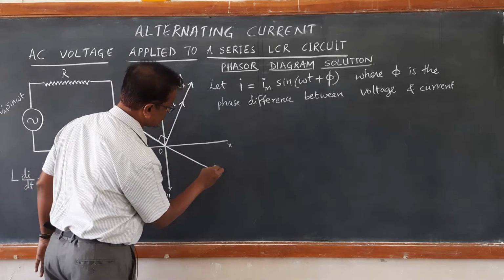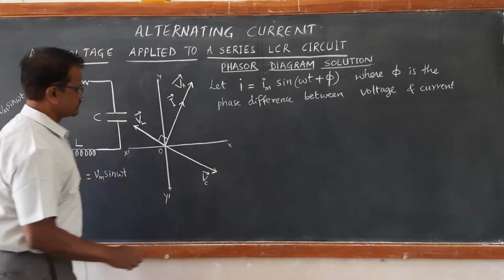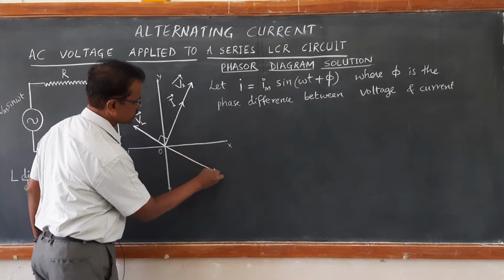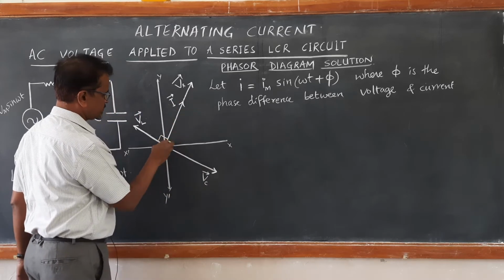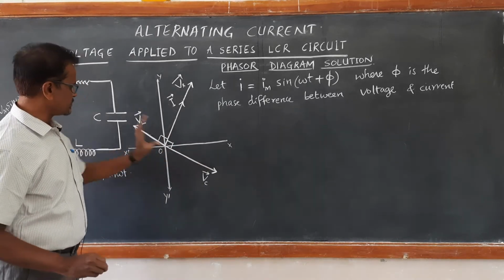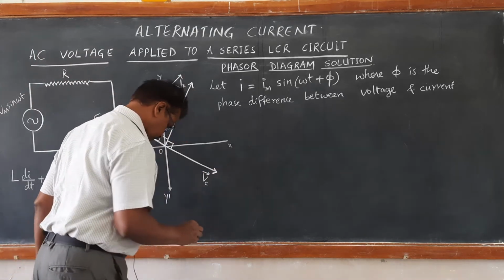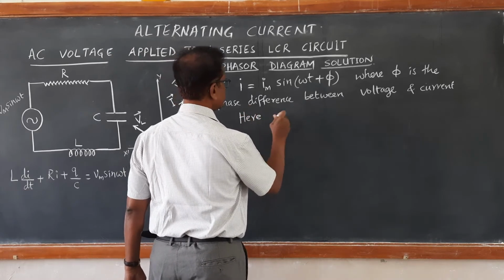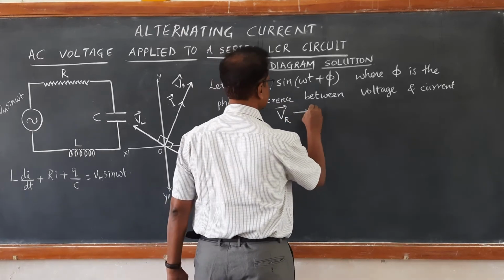So, this becomes the VC phasor, and you can see the VC phasor lags behind the current by pi by 2. So, we are considering VC phasor, VL phasor and VR phasor, where you can just write here VR is the phasor